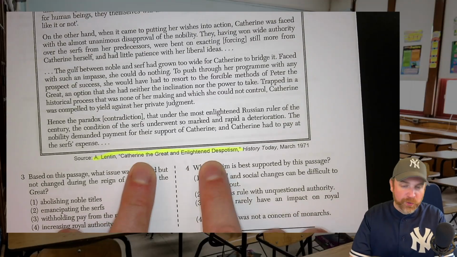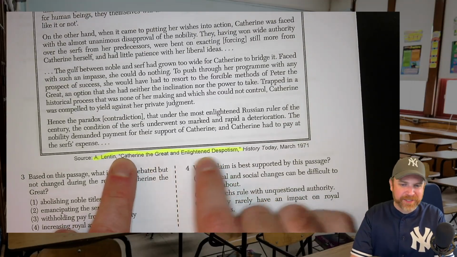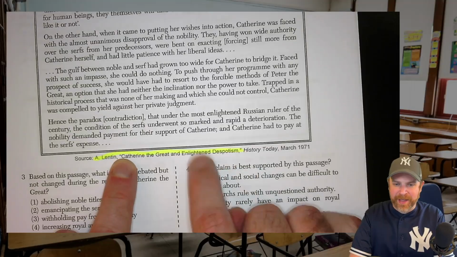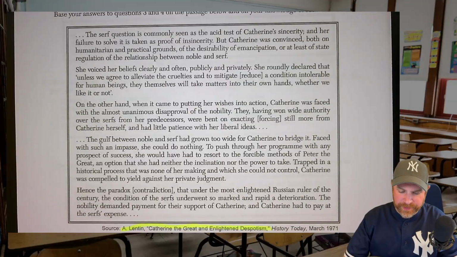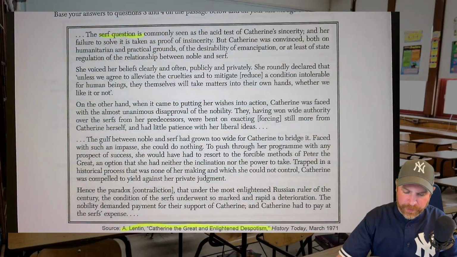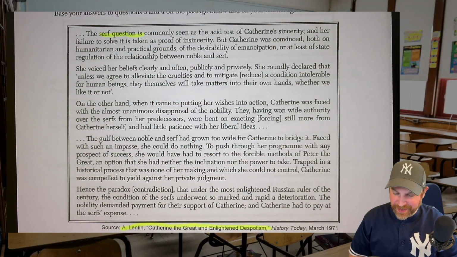So this source is going to be about how Catherine the Great was kind of like an enlightened despot, an absolute monarch that considered some of the ideas of the Enlightenment. Let's take a look at the source together. Okay, it says, the serf question is commonly seen as the acid test of Catherine's sincerity, and her failure to